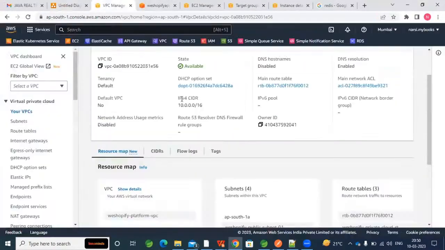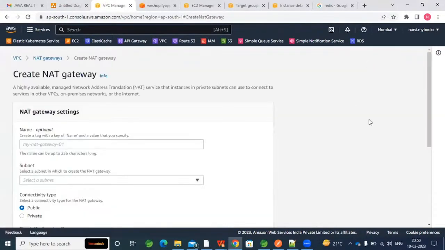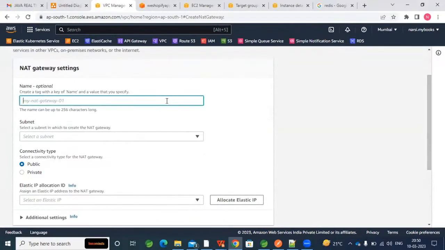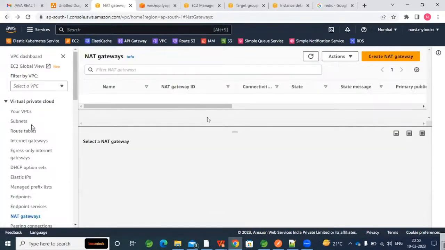So I already have done the setup for the earlier project. If required, I can showcase to you how it is accessing and all. So probably let me take this one. We Shopify. One moment. Let me create this NAT gateway. So this is the existing